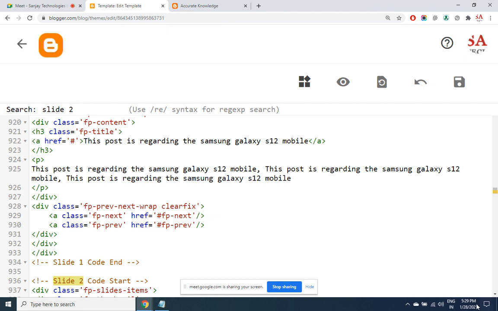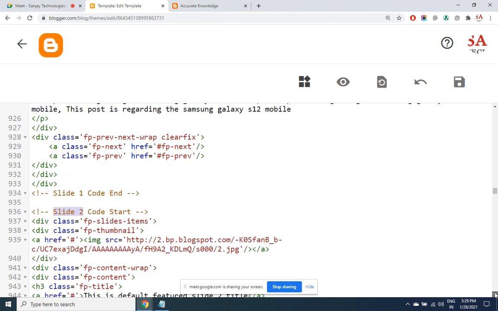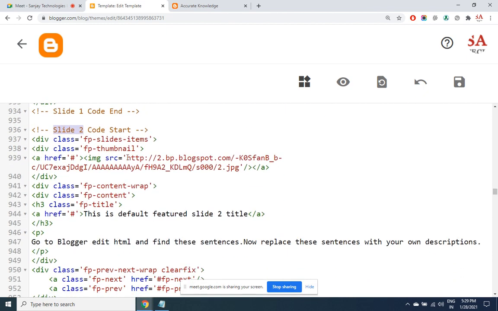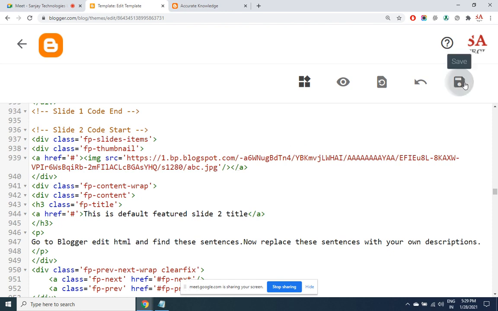So slide 2 code starts. So there's a URL for image even for slide 2. I wish to replace it to have Vivekananda image in that place. Save.